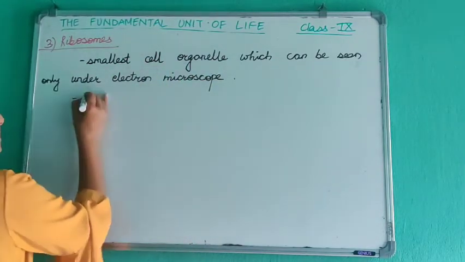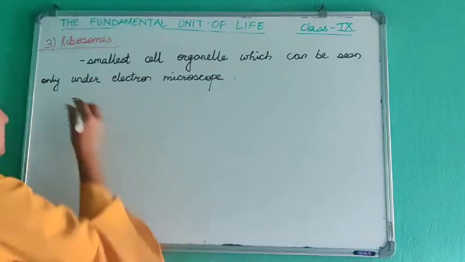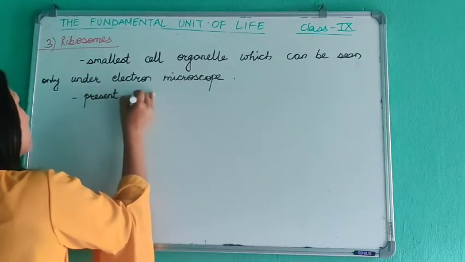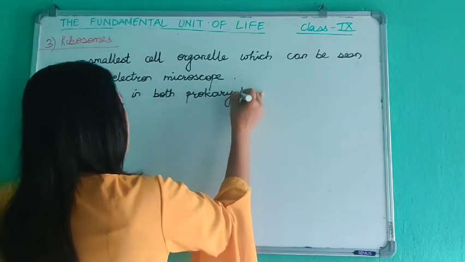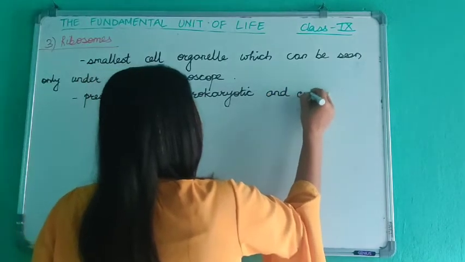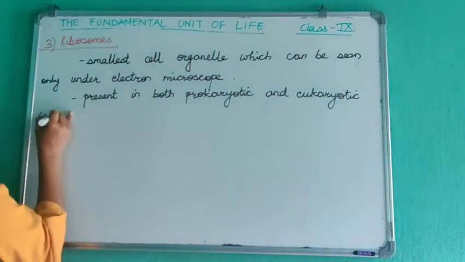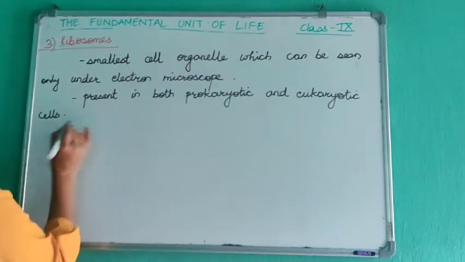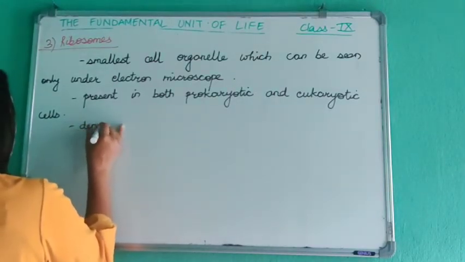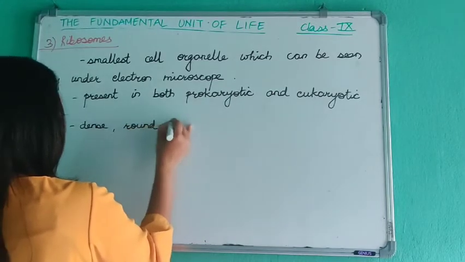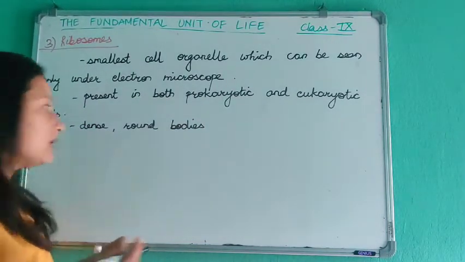Okay, these are present in both prokaryotic and eukaryotic cells. Okay, eukaryotic cells ma present huncha. Next thing, it is dense, it is round bodies. Dense bhaneko paklo huncha, round डल्लो डल्लो खालके bodies huncha. These are small in size and